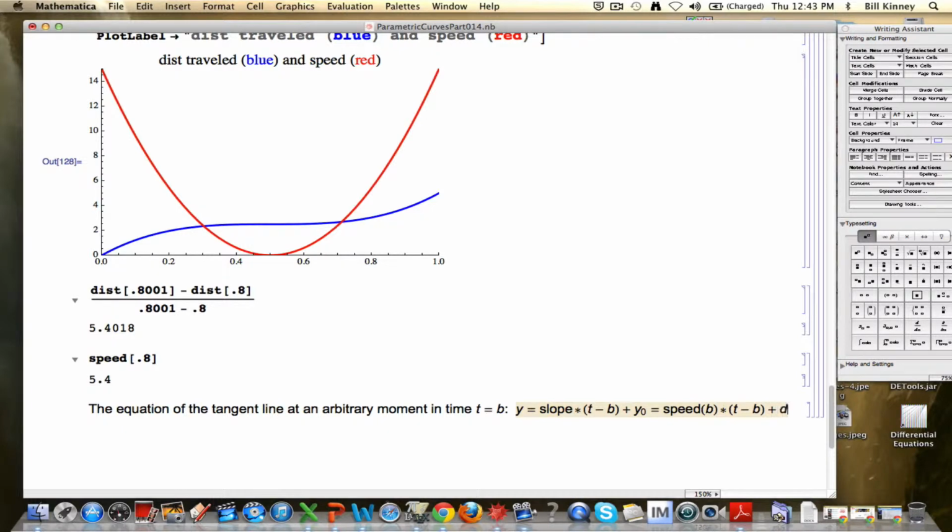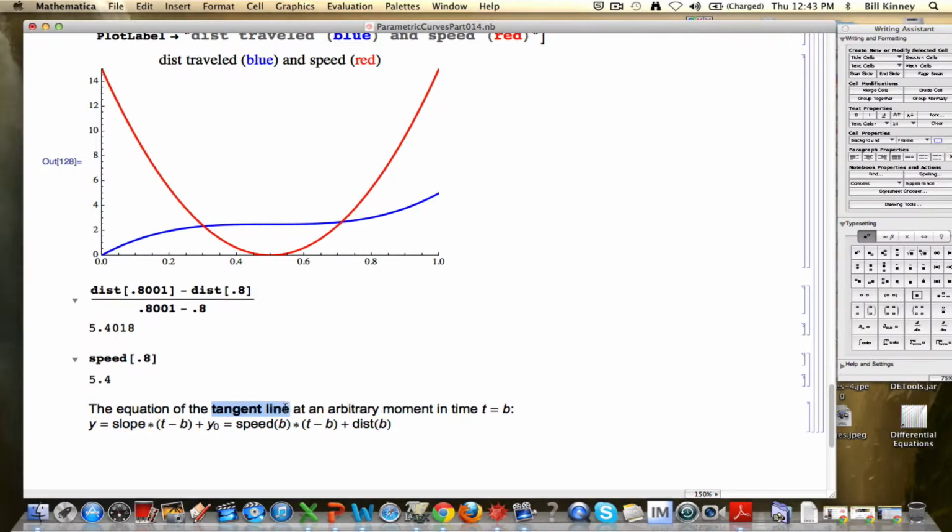b, dist of b. What I'm going to do now is use Mathematica to create a command that's going to plot this line, this tangent line, at an arbitrary point whose first coordinate is b on the distance traveled graph. It's going to make an animation, ultimately. I'm going to use it to make an animation. Okay? Get that? The tangent line to the distance traveled graph